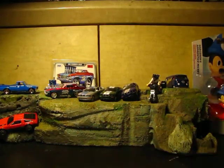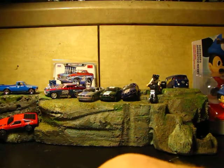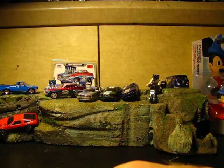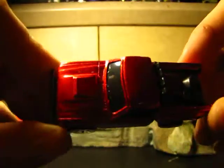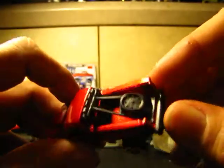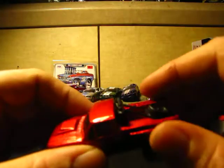First up, we have what looks like, I'll tell you right now, this baby is pretty sweet. Looks pretty good. I like it. You know what else I like about it? Spare tire in the back. Yeah, it's got a plastic base, metal body, but it's heavy metal. Painted grill. Nice